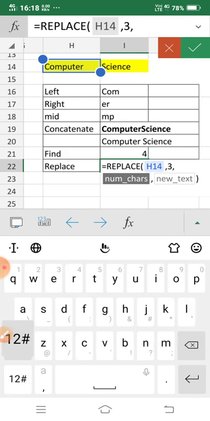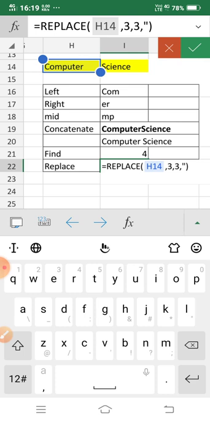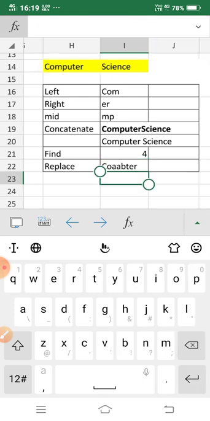Say I want to replace 3 characters. Okay, and then my new text. Okay, so which text you want to replace with. Say for example I want the text within inverted comma, say AAB. Okay, then double inverted comma, then enter.